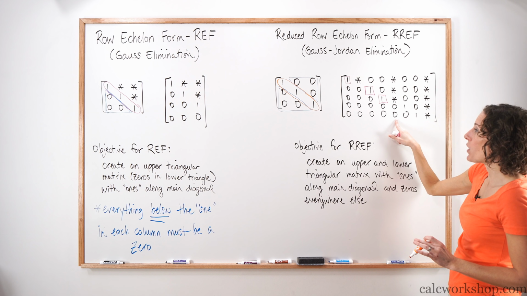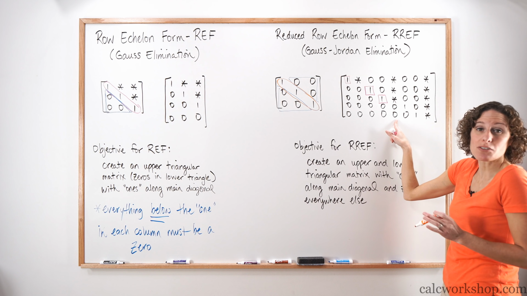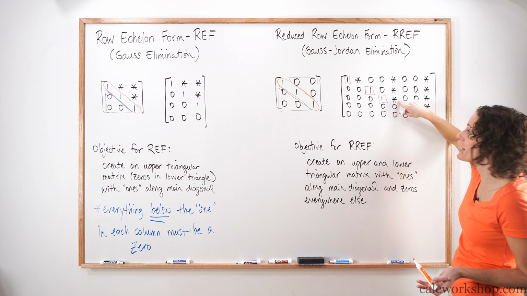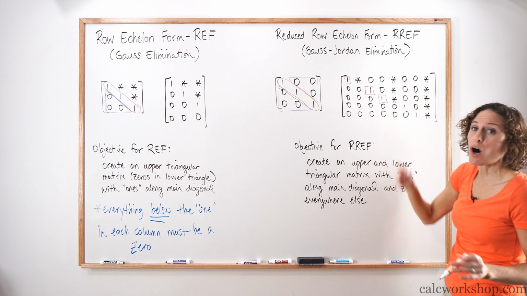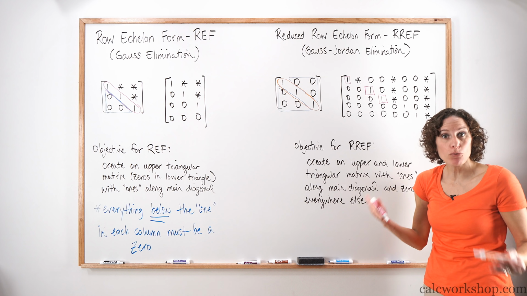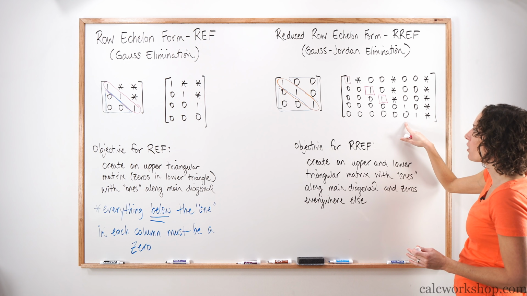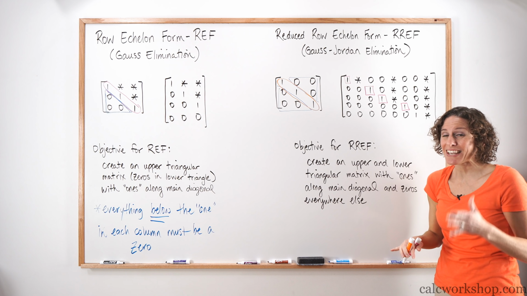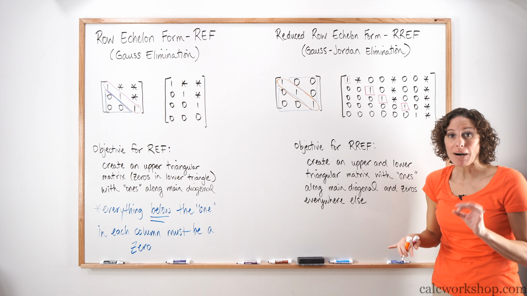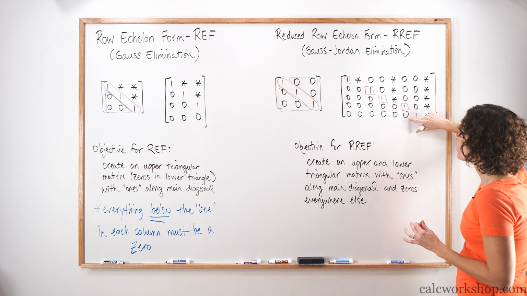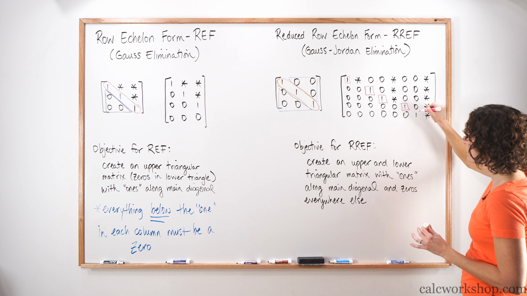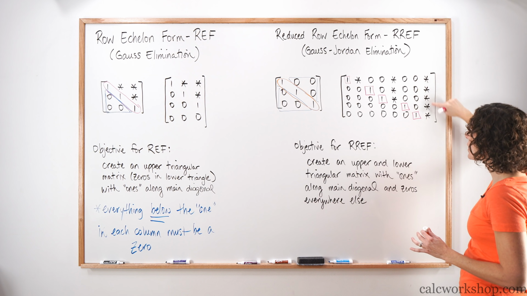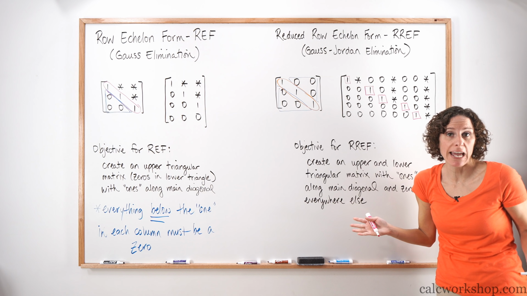Look at this fifth column. I don't see a 1 at all. So it doesn't really matter that we've got zeros and random asterisks that represent numbers. As long as it doesn't have a 1, I don't really care, and we've done our job and we've row reduced. Now let's look at this next column. In column number 6, what we see is we have a 1, which means everything in that column above and below it must be a 0, which is exactly what we see. In our 7th column, we see a 1, and everything else in the column is a 0. Our last column doesn't have a 1, so we don't really care.